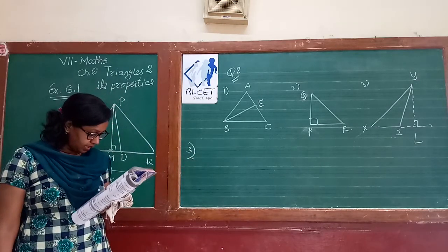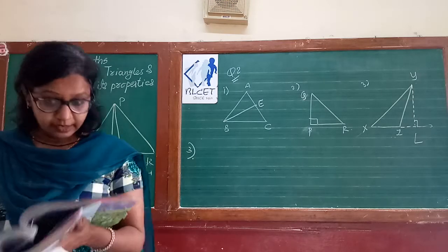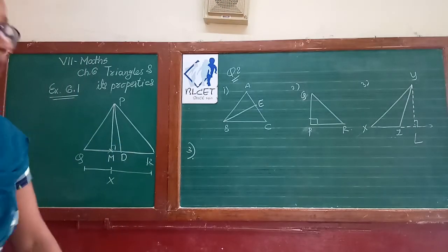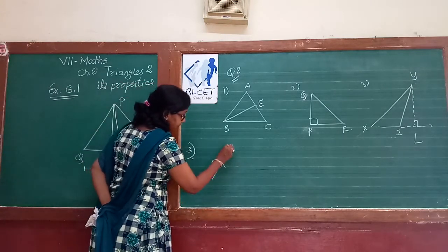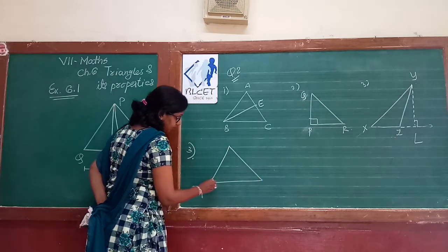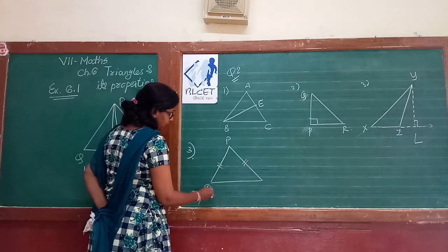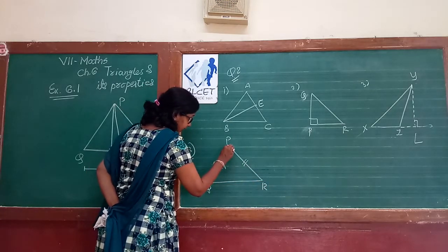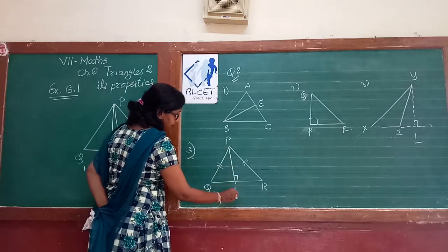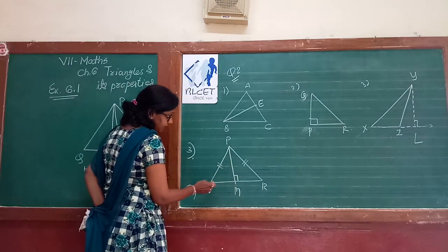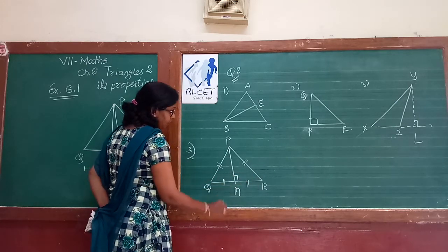Verify by drawing a diagram whether the median and altitude of an isosceles triangle are the same or not. So what is an isosceles triangle? We have seen that an isosceles triangle is one where two sides are equal. Suppose we have P, Q and R, and this gives you the height PN. Suppose if you measure the distance between QM and MR, this is also equal. So what we can say, PN